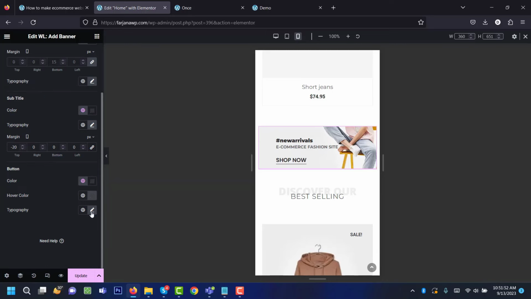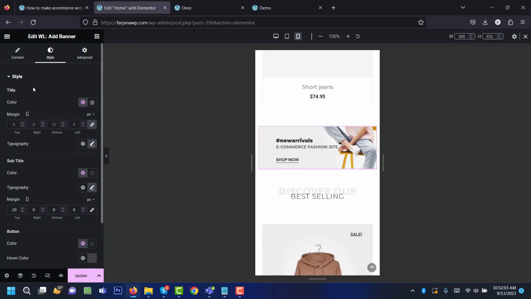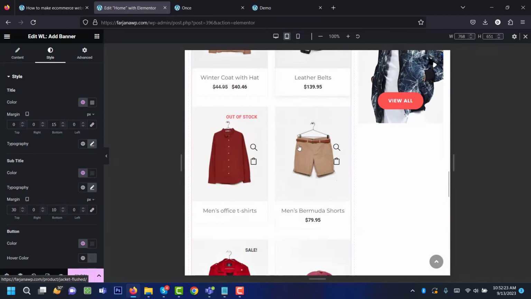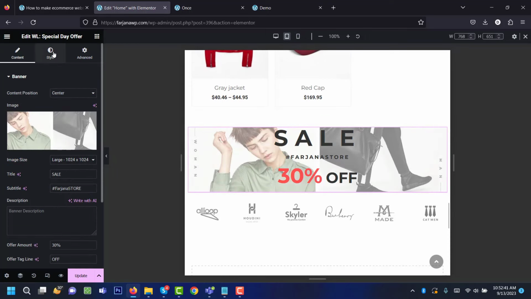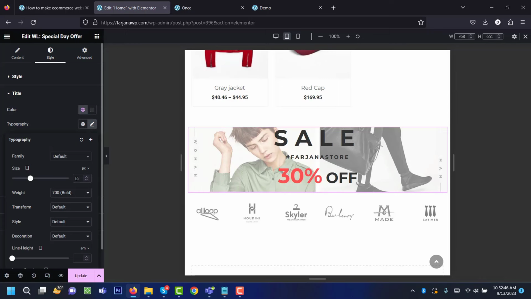And button, we can also decrease the button font, and the margin bottom. Yeah, looks good. So this looks good on phone now, and tablet looks good. Then going to the last one, this text, going to style tab, going to title, typography, making the font size